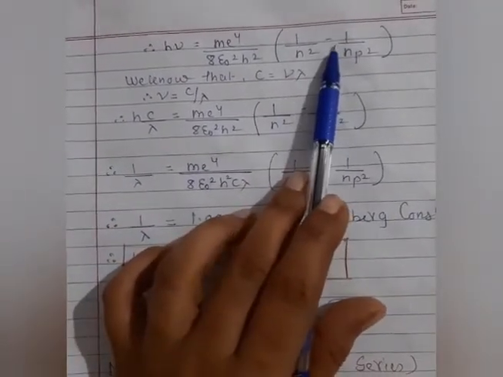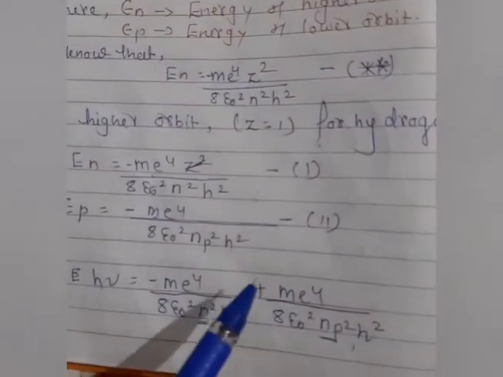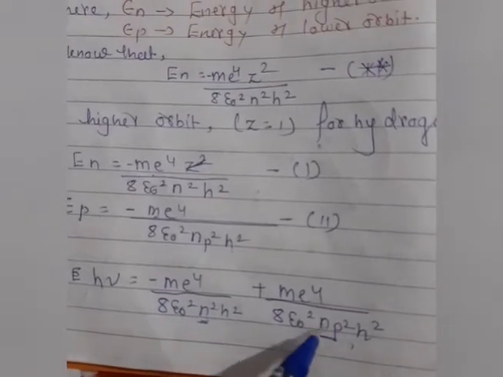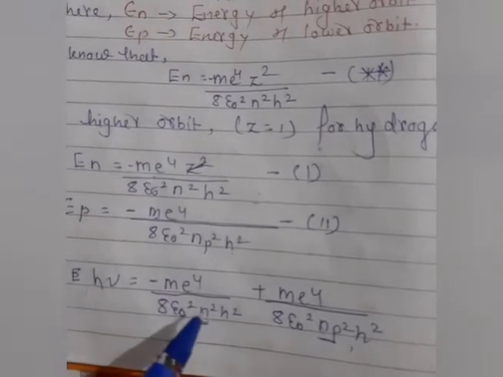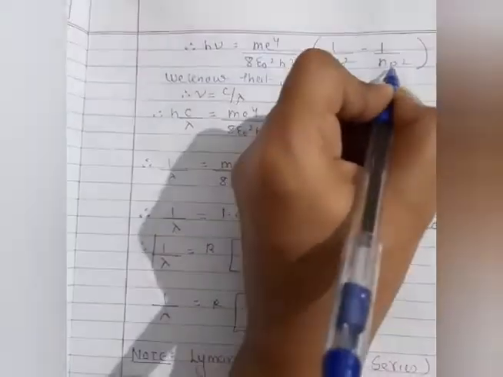And the minus sign: you can see here that minus minus becomes plus. So initially I took the p orbit and then the n orbit, because here I take plus first and minus after. Okay, so hope you are clear about it. Here I can do one thing, change the p orbit and the n orbit.